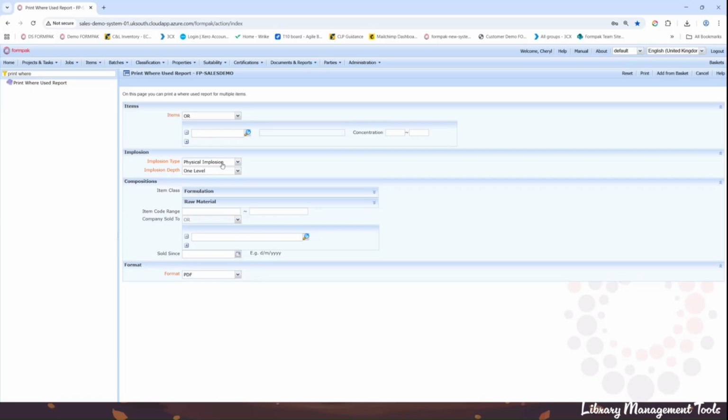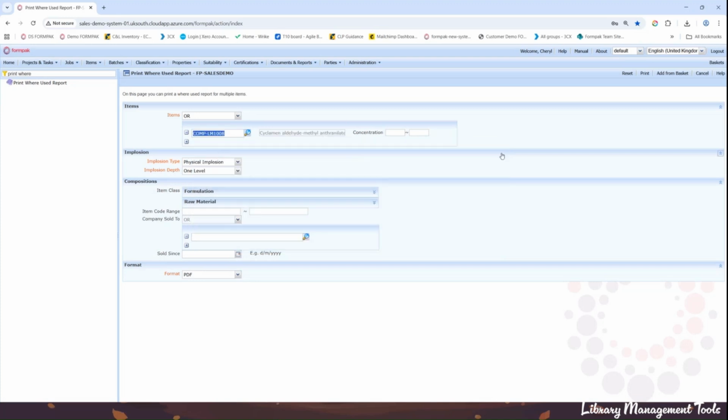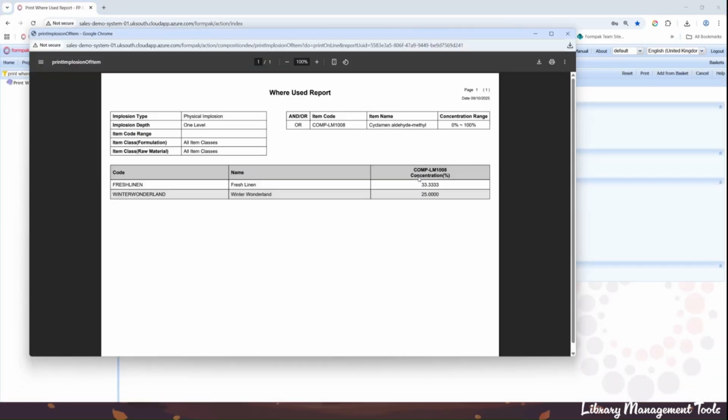So if we just input our item, okay, and just click print. Okay, so we can see that our item has been used in two formulations. And if we wanted to replace our item with another material, we can do that in another area of Formpak called Global Item Composition Modification. So if I just show you that,